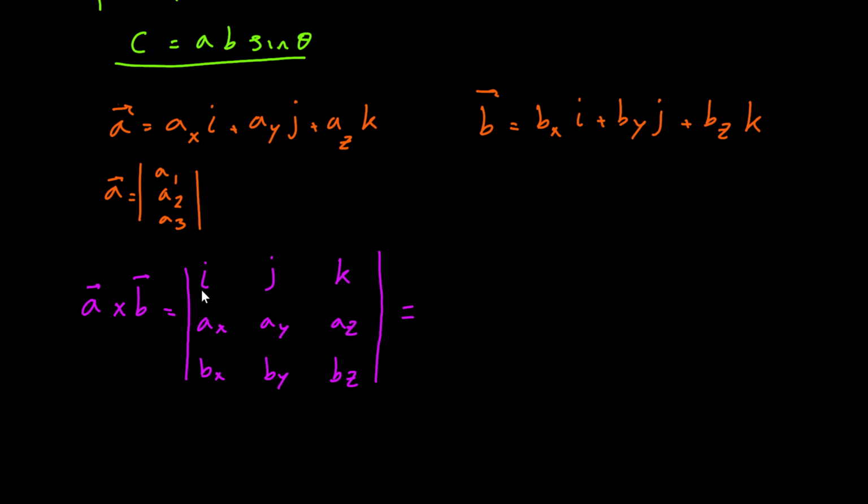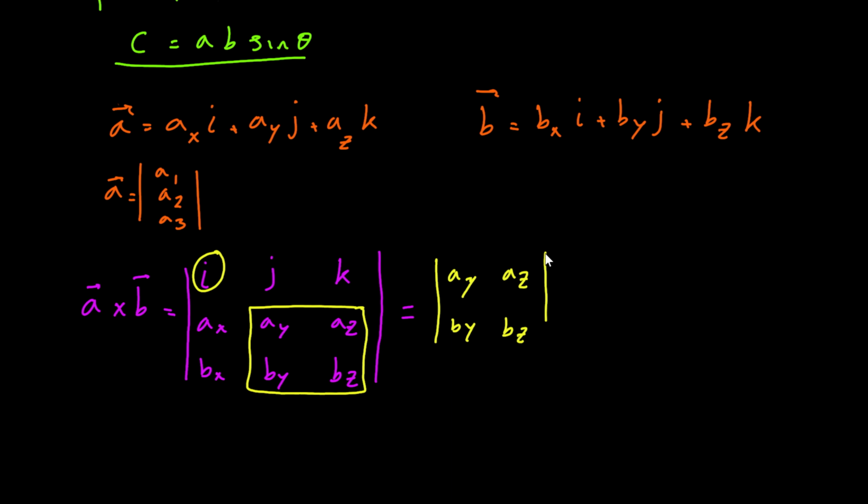Now, how to do it? So the first step is that we want to do the I. So I'll circle the I, I'll cover everything else in this row and everything else in that column. And then I am left with what? With a 2 by 2 matrix. And I get the determinant of this, and multiply it by I, and that's all I need for that. So how it's going to be AY, AZ, BY, BZ multiplied by I